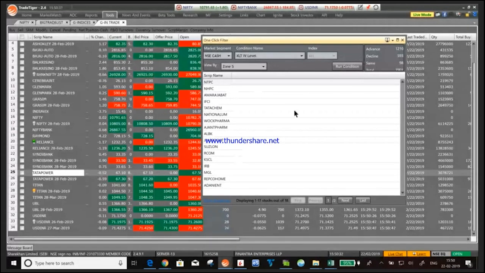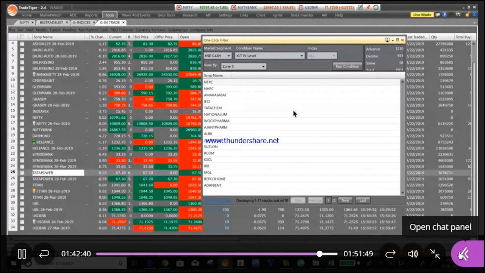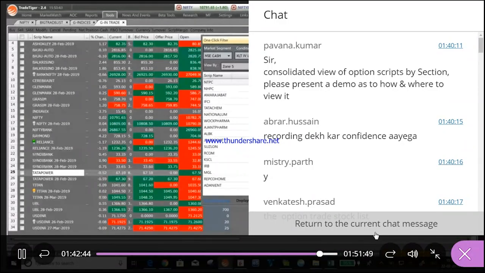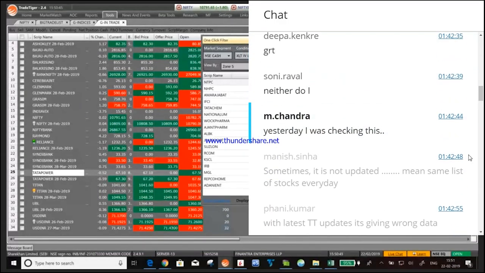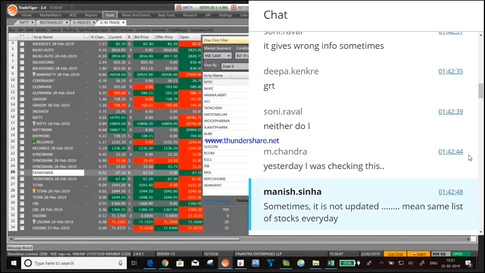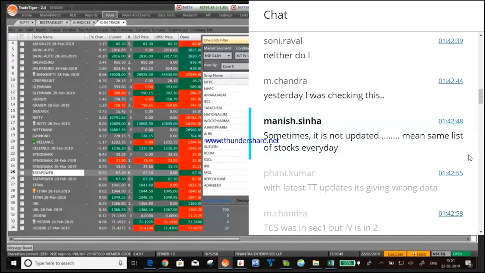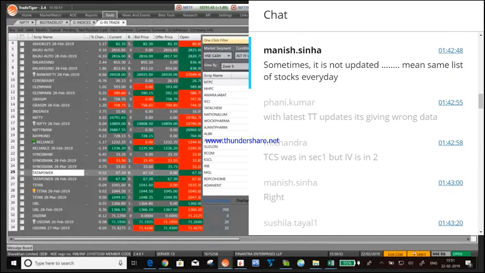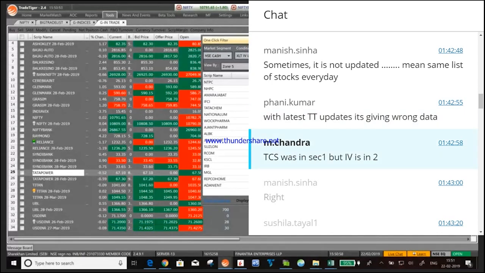Yeah, I don't use it. I'll tell you why not to use this. Listen to me. Even if you use it, verify your IV level on the chart. I'll tell you why. I have seen students doing this. They just go,